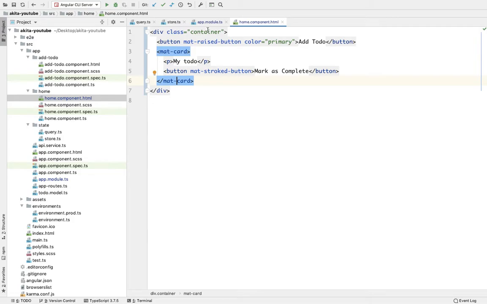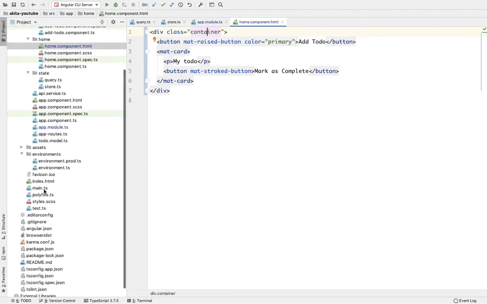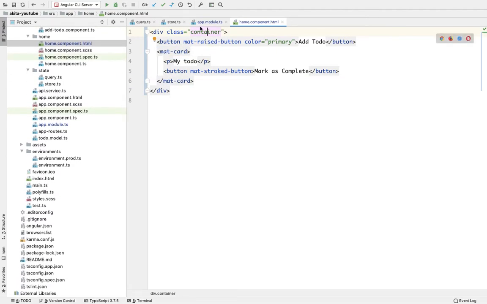So let's create this container class. We are going to create this container class in the styles.scss because we'll be using the same class in the add to do component as well.